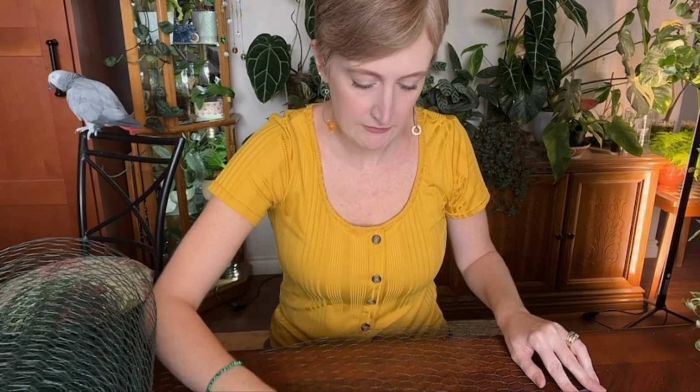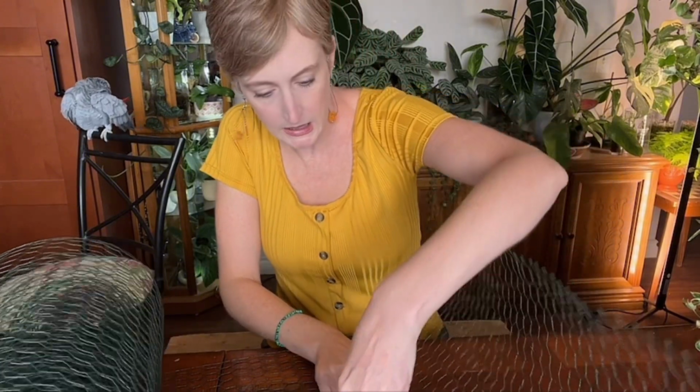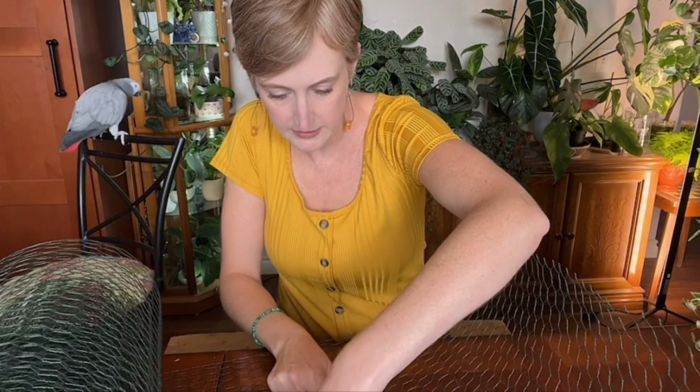And of course, all I have is a ruler, because that's how we roll. We work with what we got. And so about here. And I also have no wire cutters